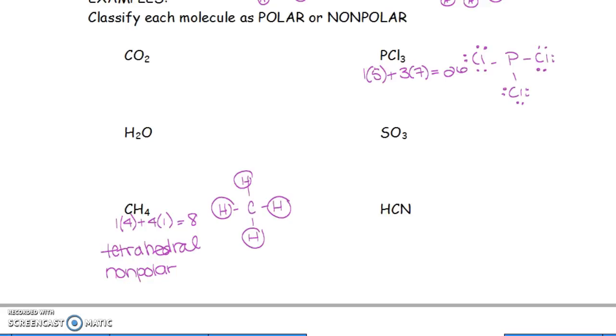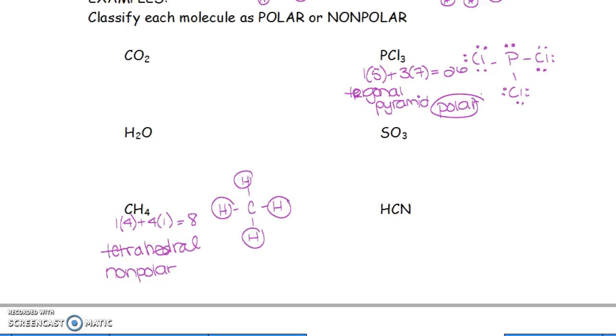Once all your chlorines have their full octets, then you can check and make sure that you have the correct number of valence electrons. We have 24 in this structure here, so we can add 2 more to the central atom and we're finally done. Now we notice that we have 3 bonded atoms and 1 lone pair of electrons, so we get a trigonal pyramid structure. And with a trigonal pyramid structure, we know that it will always be polar due to the pair of